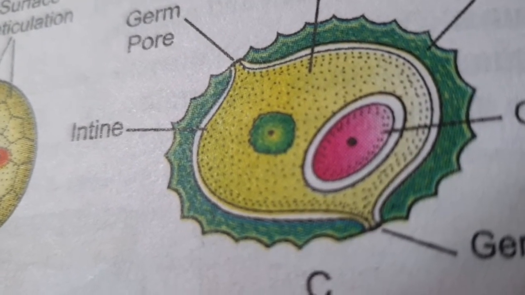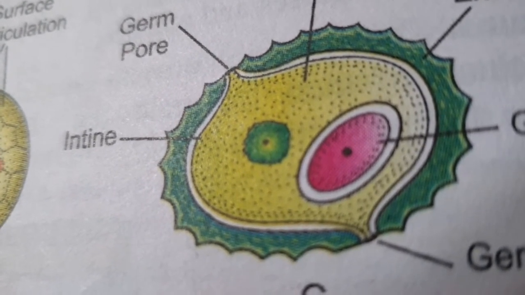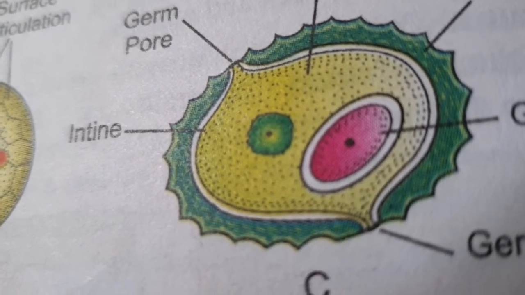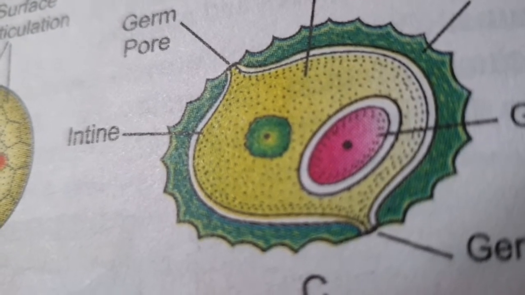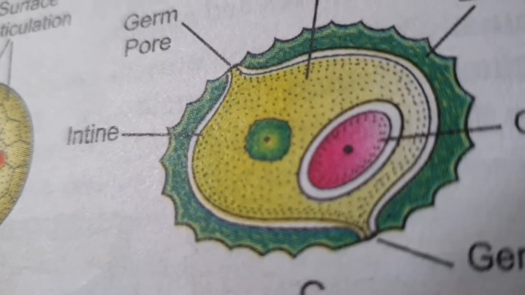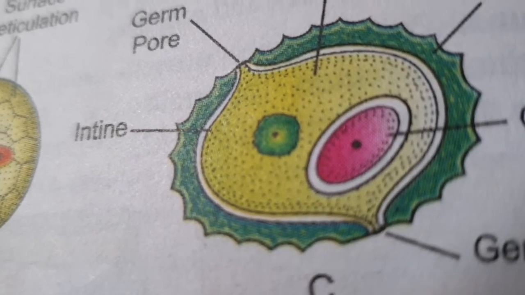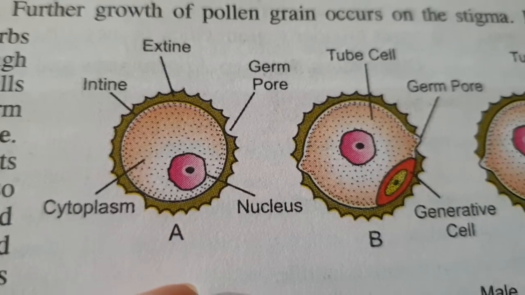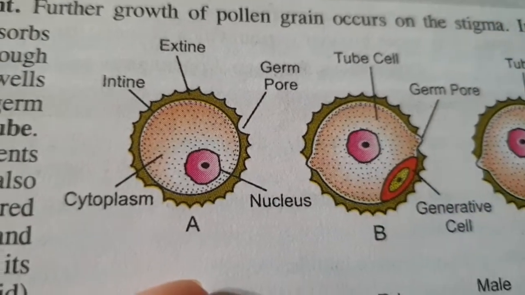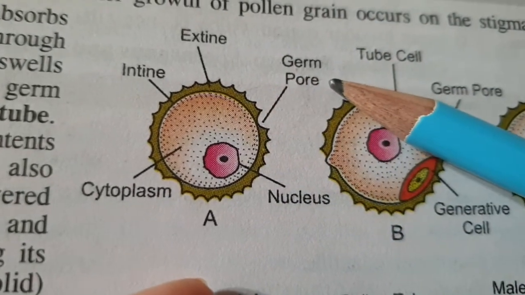Now sporopollenin present in the exine is a very important part, because as it is resistant to enzymes, various chemicals and various environmental stress, it helps to preserve the pollen grain as a microfossil. So the term sporopollenin is related to the formation of microfossils of the pollen grains. Now next, here you can see that in some portions of the exine some particular gaps are there. Okay, these particular gaps or pores are known as the germ pores.